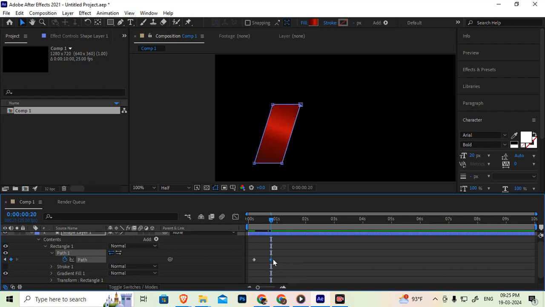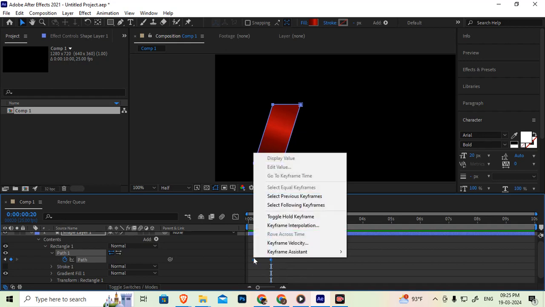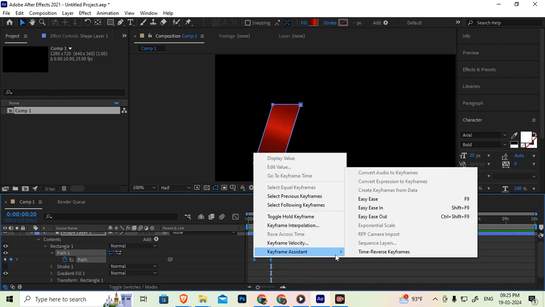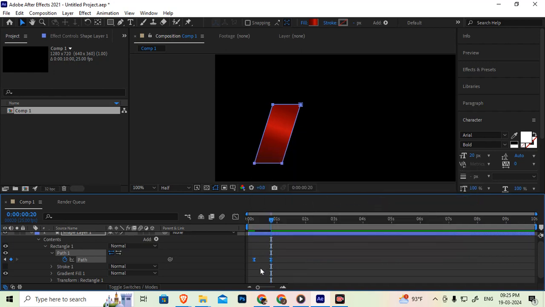Or place at 20th frame, 5th frame to 20th frame I placed. Means around I have now 15 frames of animation. So press F9. F9 is the shortcut for keyframe assistant. Easy ease. So in this we will get the